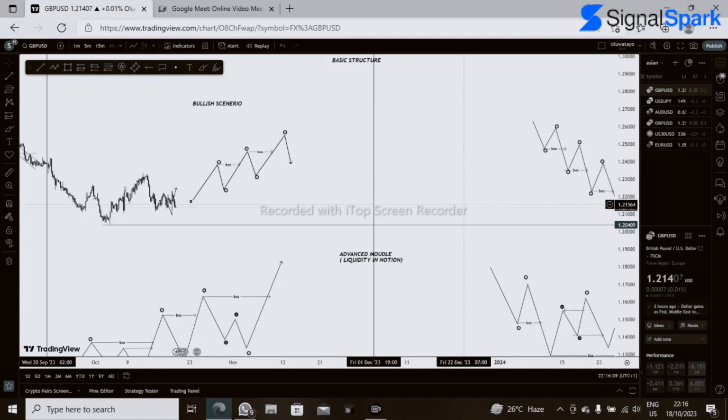depends and varies on the type of trader you are. That's one thing I want you all to put in mind. The market structure depends and varies on the type of trader you are. Now we have different types of traders. We have the swing traders, we have the intraday, we have the scalpers. Those are the major traders you actually find in the market. Let's not go long-term wise. So, like I said, market structure will actually